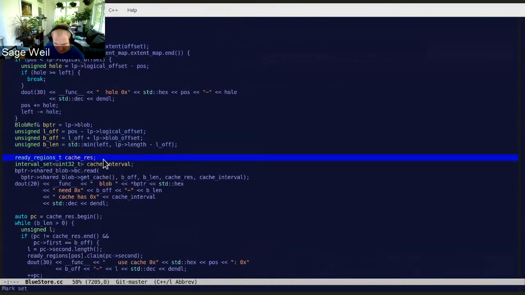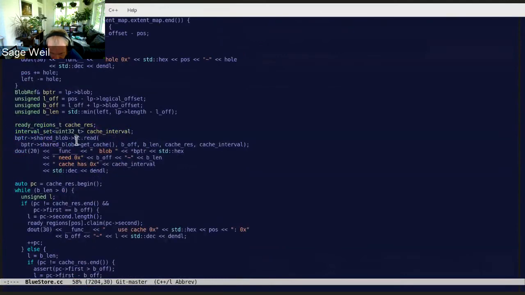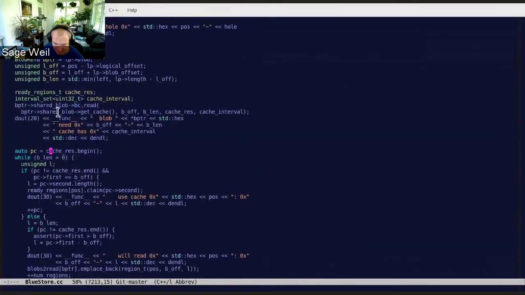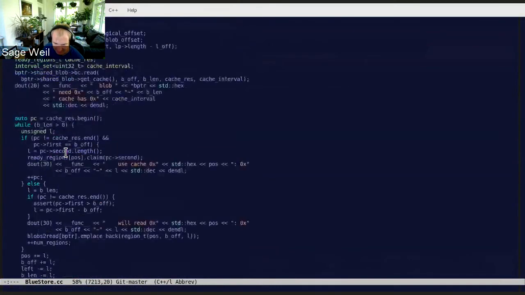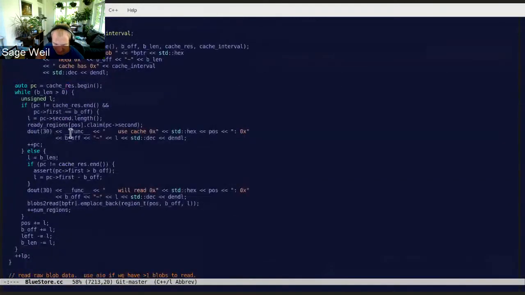the regions. Let's see, what is this doing? Buffer cache read. This is trying to read it out of the buffer cache, the in-memory. So BC is buffer cache. So first we check to see if you have the result in memory. This may or may not succeed. So we look at the cache result. If we already had it in memory in our buffer cache, great. If not, then we make a note in this blobs to read map that we need to read this blob